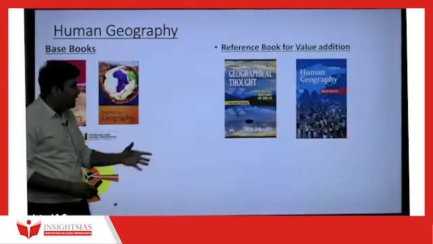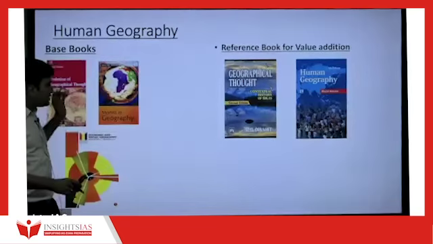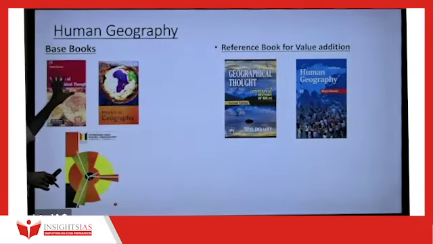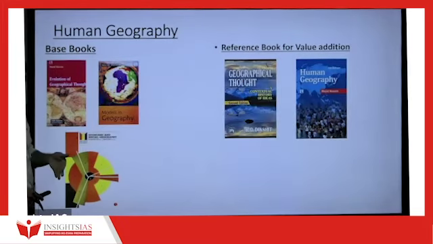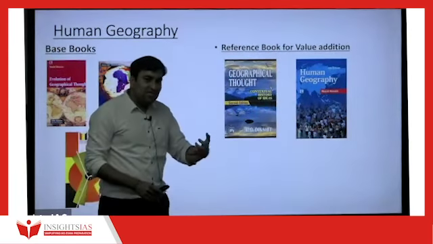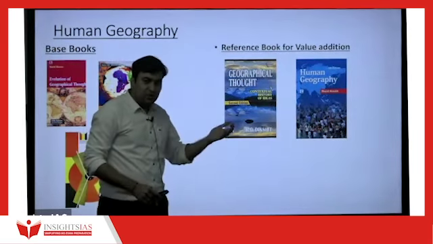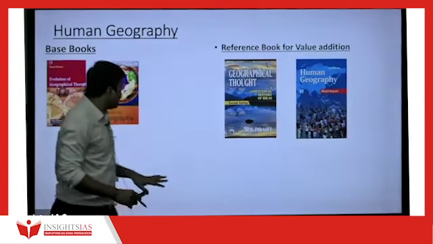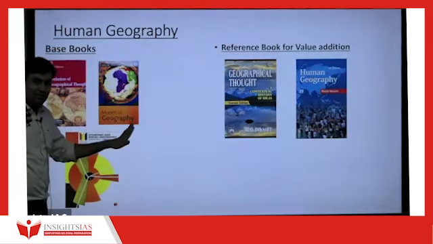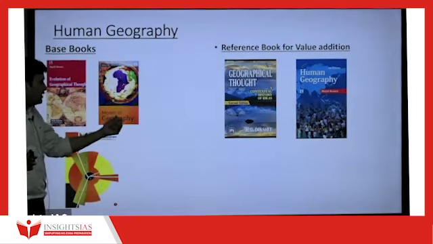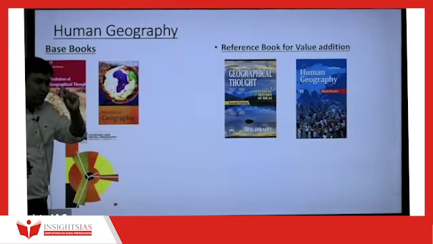A few people keep this book as the base and this as value addition. But we will keep Geographic Thought by Majid Hussain sir as the base book because it is easy to understand. The gist and summary of R.D. Dixit sir's book, I will give you in class while teaching. Is it clear? So there is no need of purchasing it. Models and Theory, chapter number 5. For that there is a small book, very easy.